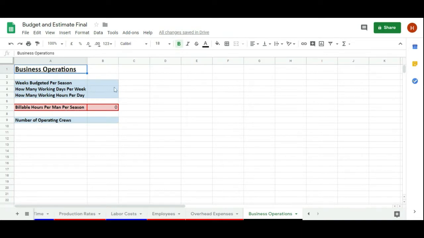and then the number of operating crews that you have. Now, when you are creating a spreadsheet for your company, you should create a different spreadsheet, a different budget, and a different estimate for every division that is in your business. And that's really crucial, because if you have a maintenance division and a hardscaping division, you should create different spreadsheets using the same spreadsheet for each of these divisions,